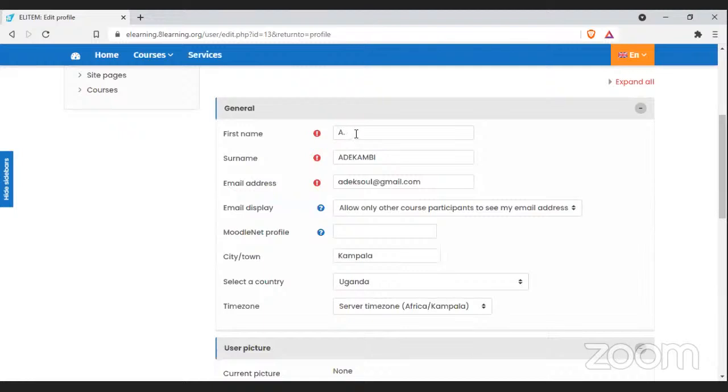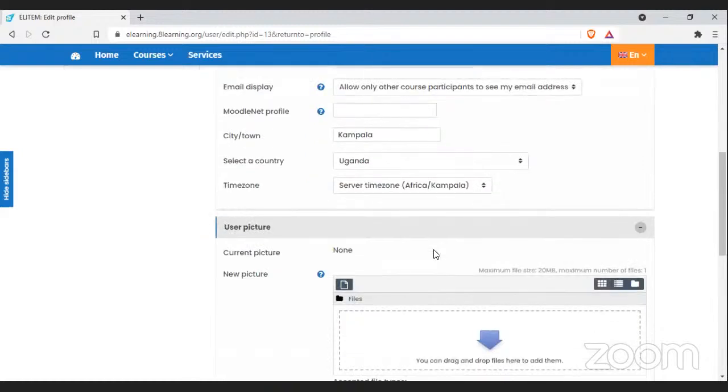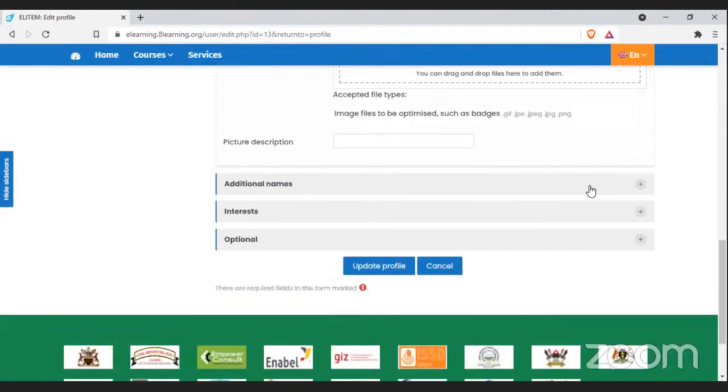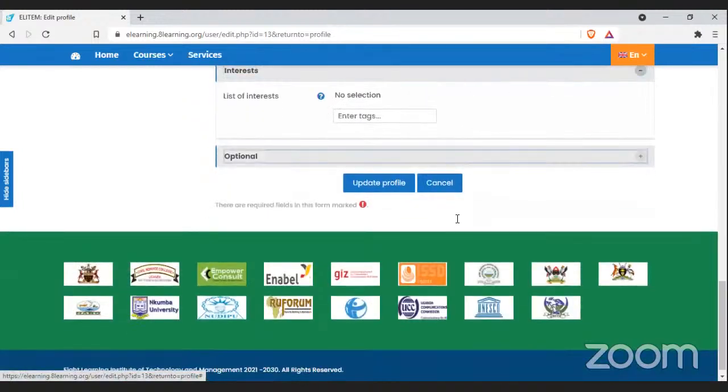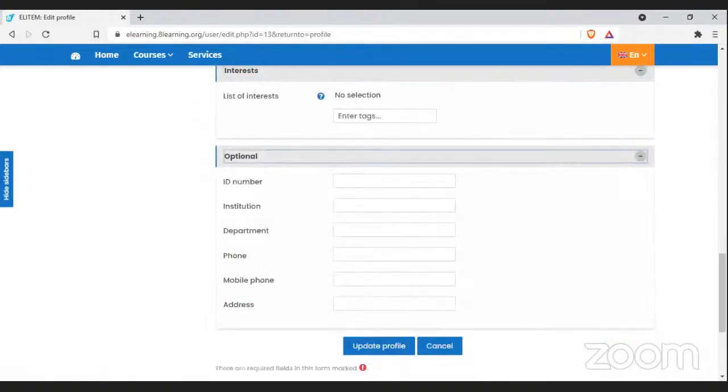If your name was misspelled, you can go to your first name, go in and retype your details to make sure that you put the correct details. Edit your names, even your email address, everything. You can give us a brief about yourself, a brief about your interests, and also your other details that you may not have captured at the start of this particular